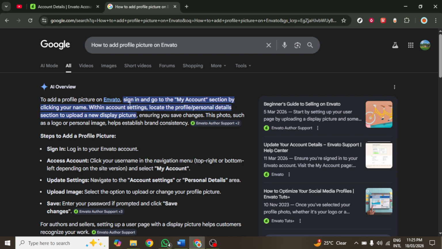Ensure that the image you choose meets Envato's size and format requirements, as failing to do so may result in errors during the upload process. Select the image you wish to upload from your device. After the selection, the upload will begin, which may take some time depending on your internet speed and the file